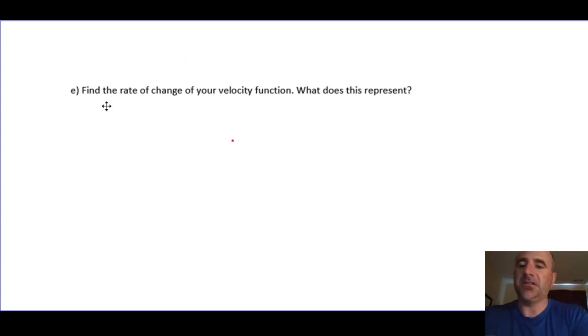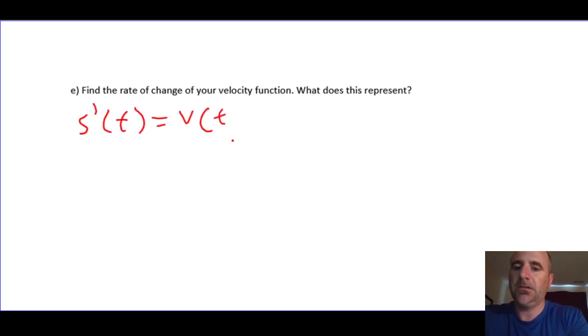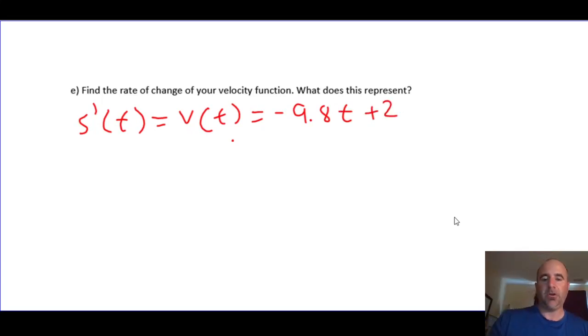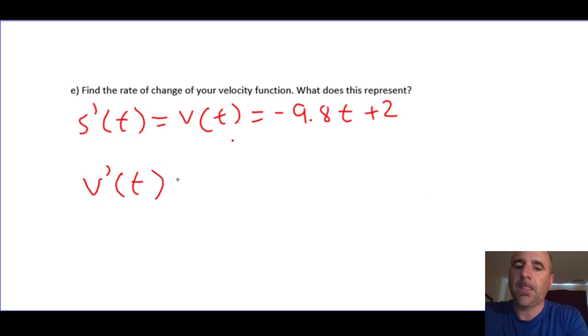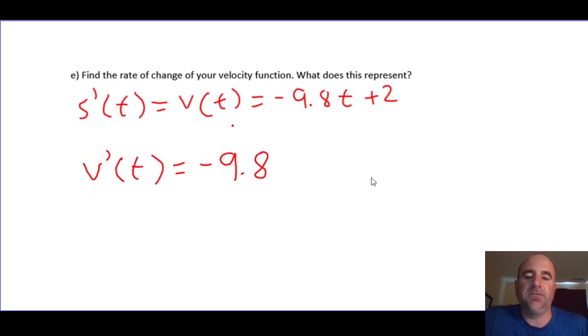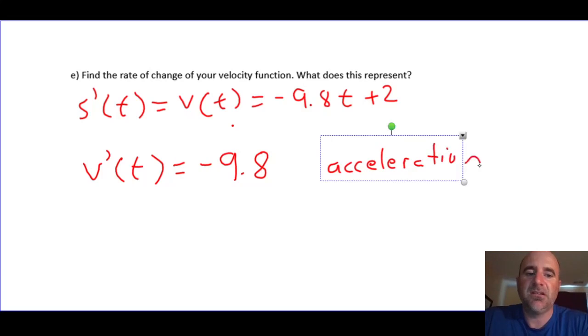Okay, so we came up with a velocity function, which was the same as s prime of t. Of course, we called it v of t, negative 9.8 t plus 2. And now we're asked for the rate of change of our velocity function, which is again just asking for the derivative. So let's look at v prime of t. That is just going to be negative 9.8. What does that represent? Well, that's the rate of change of velocity. There is a special name that describes the rate of change of velocity, and that's called acceleration. So this represents the acceleration,